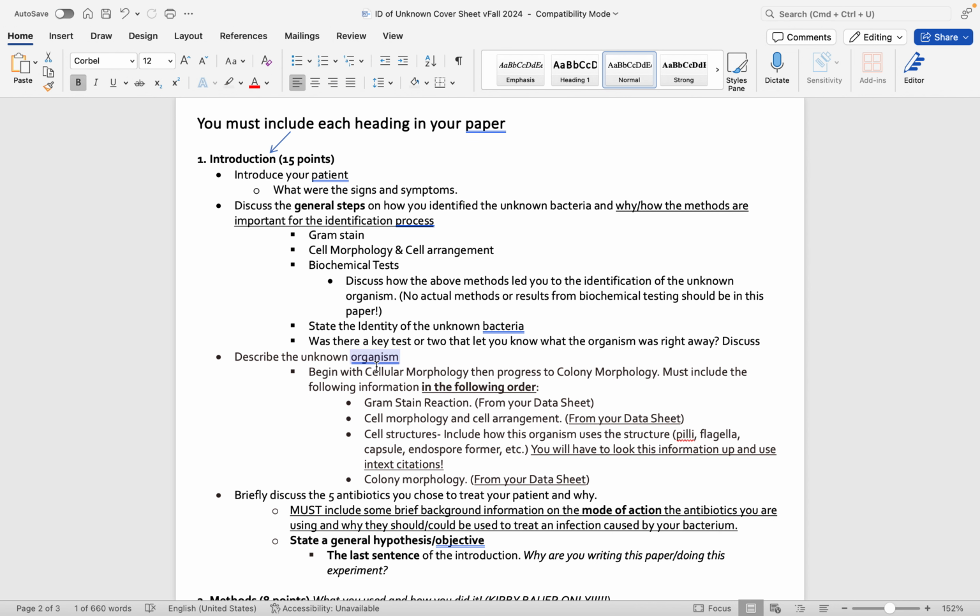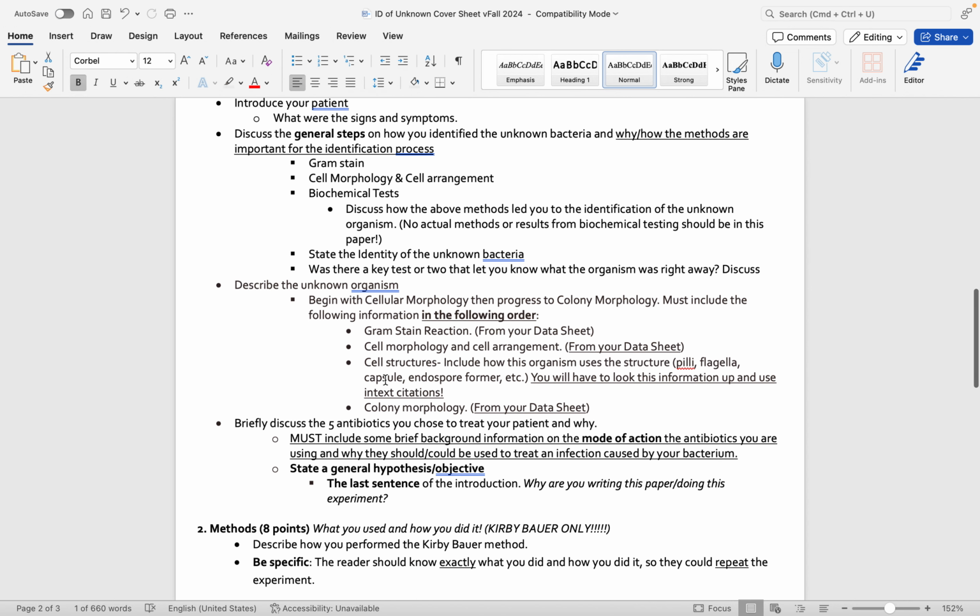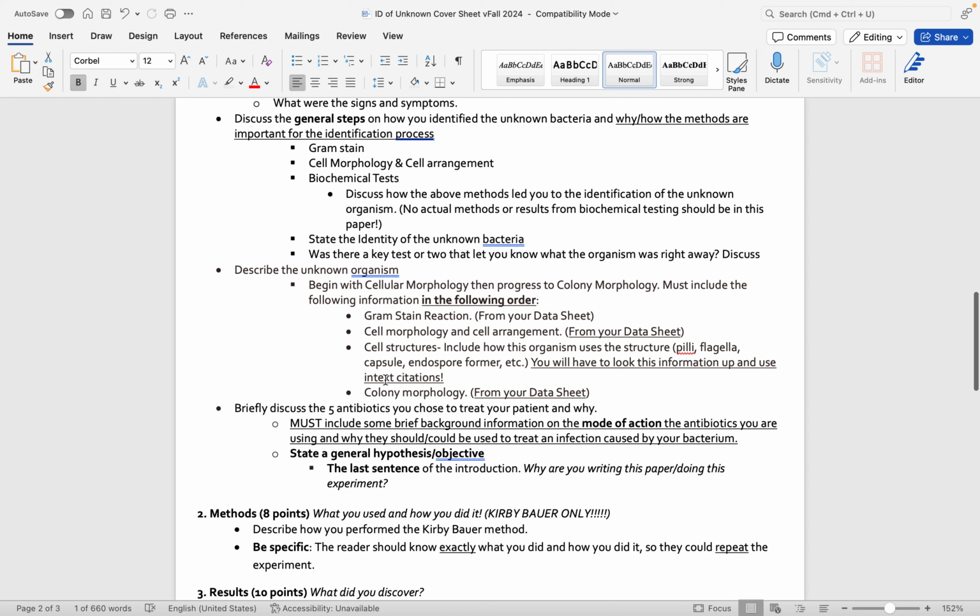Next, you'll talk about describing your unknown organism. So you'll begin with that cell morphology and colony morphology. You must include the following information in this order. We need to know your gram stain reaction, the cell morphology and cell arrangement, the cell structures. So how did this look? Did you see